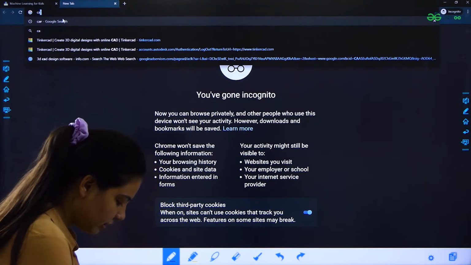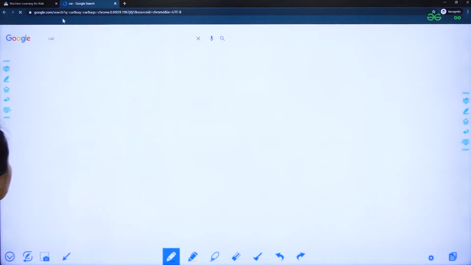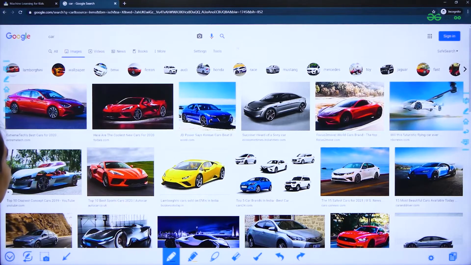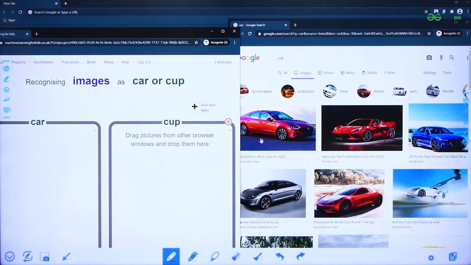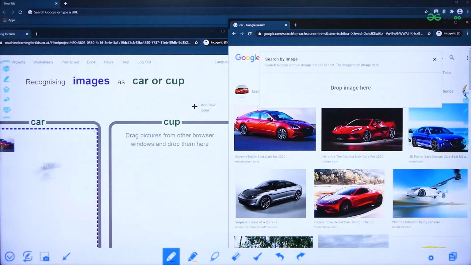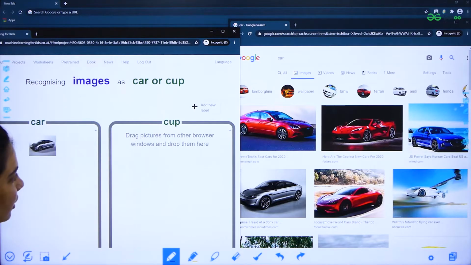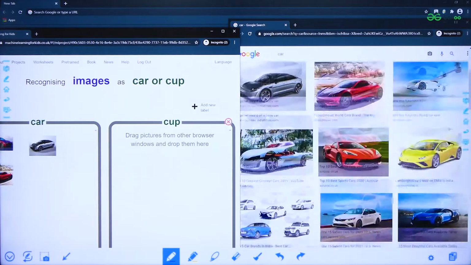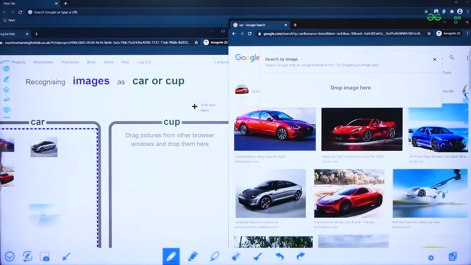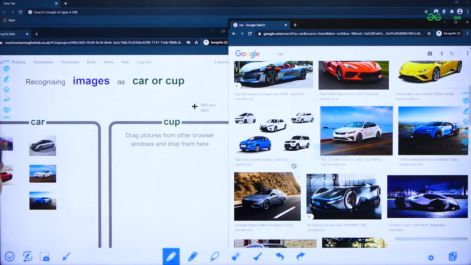So, let's search the car images. From here, we'll drag some of the car images into my car bucket. You can drag as many images as you want. For now, I'm just dragging 10 examples of car.